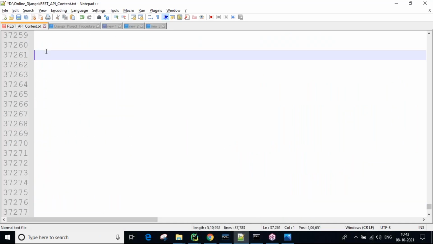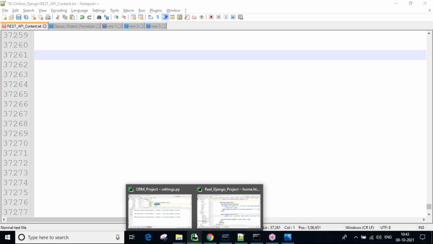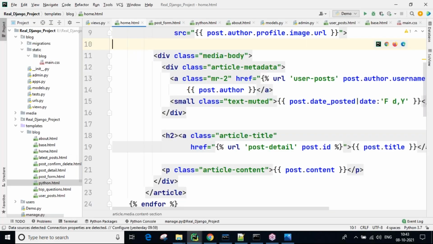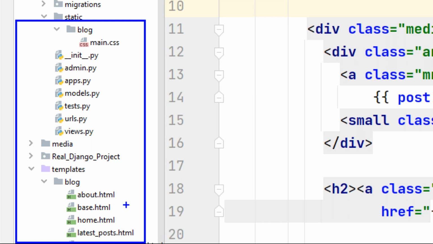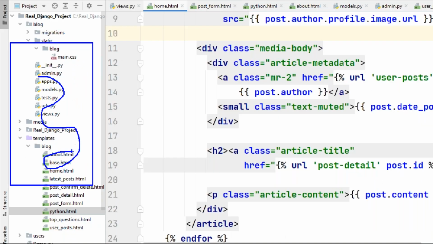Now my point is, guys, we need to discuss the Django architecture. Why do we need to discuss architecture? Because a lot of files come after installing, with the project name and application. How do all these files interconnect with each other? First we need to discuss that.